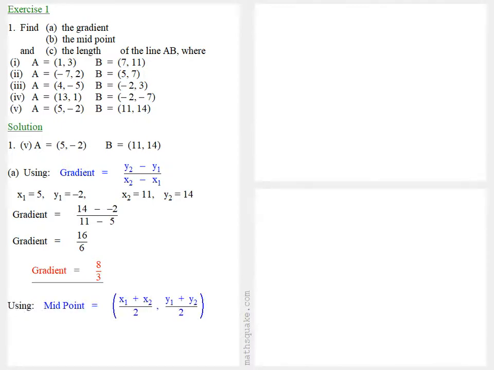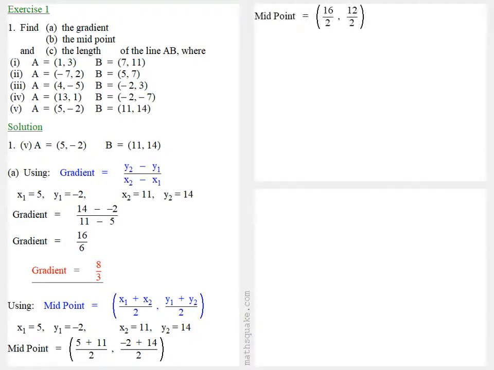Now the midpoint is (x1 + x2)/2, (y1 + y2)/2, which gives (5 + 11)/2 and (-2 + 14)/2, which is 16/2, 12/2, or the midpoint is (8, 6). And to work out the length, we use the formula,